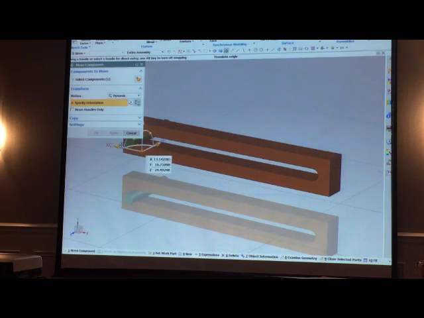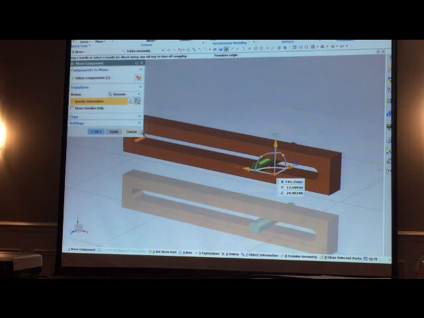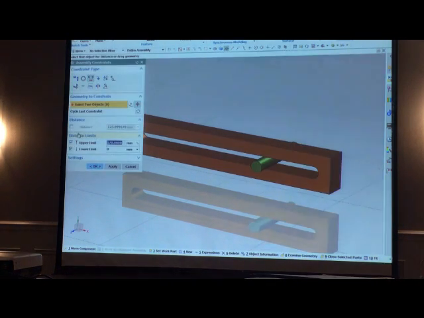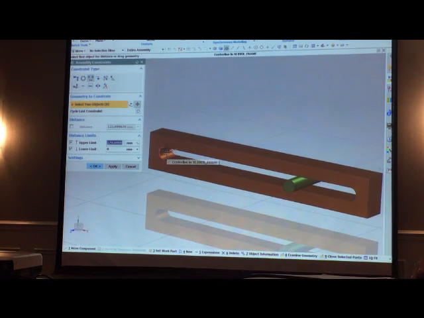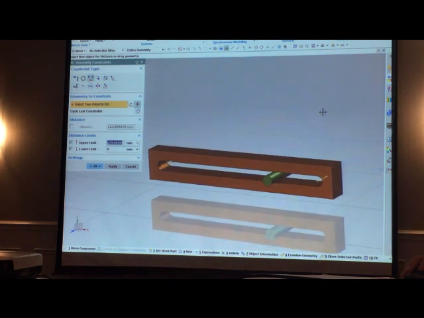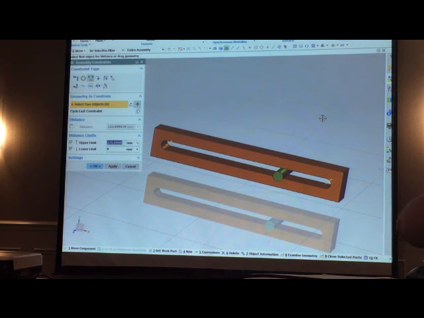Well, how did that happen? Where did the limit come from? Well, in this case, let's go and look at the expression here. Here are the constraints. There's my driven dimension, and let's go look at it. In this case, it's linear. And I have the upper limit set to 170 millimeters, which if I look in here, is a measurement. So I actually took a measurement between the centers, this center and this center over here. I took a measurement between those two centers, and that's the value that I inserted into the limit. So the limit can be a variable. So as parts change, and it could be a simple measurement,